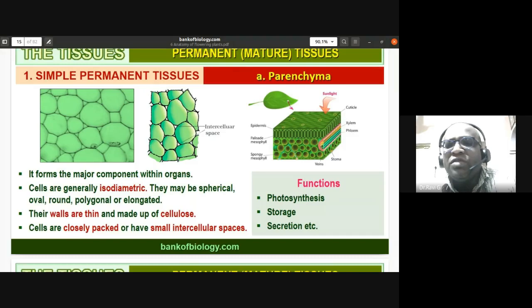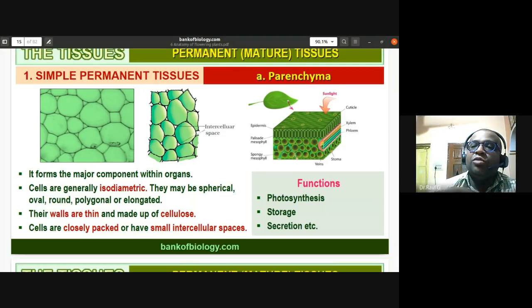Some parenchyma are found in aquatic plants like water hyacinth. If you take this section of the petiole, you find the parenchyma modified as aerenchyma. They have air-filled cavities. The bulbous nature of the petiole helps them in floating. It is almost like a tire tube, which floats on water. So they provide buoyancy to the plant. Parenchyma having air-filled cavities we call aerenchyma.